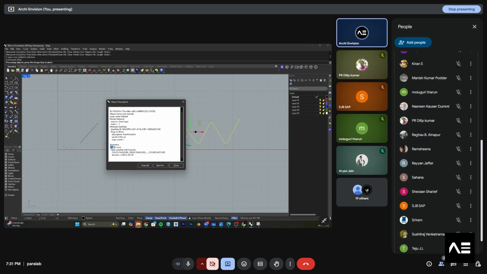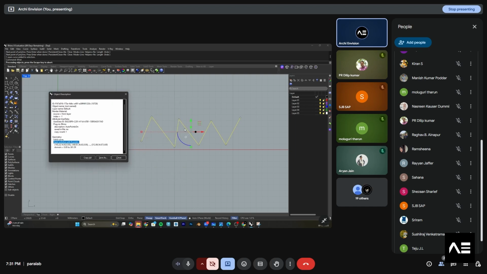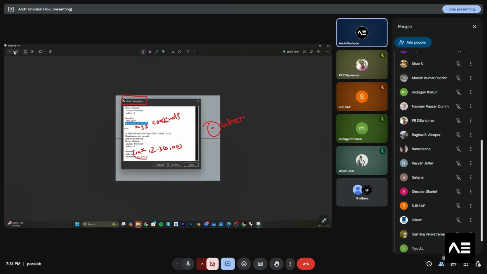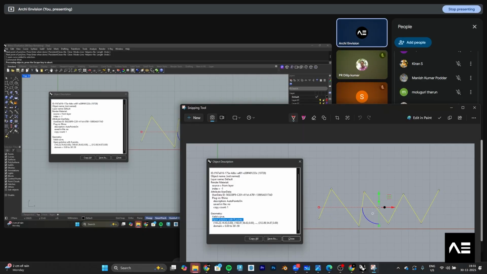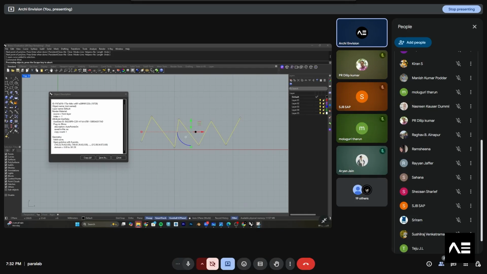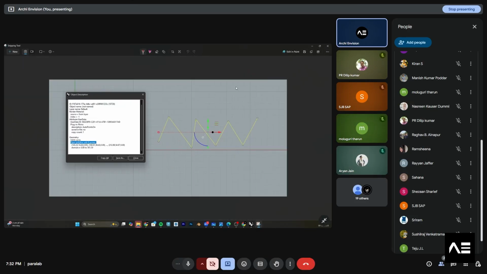It says one valid curve, one polyline with 8 points: 1, 2, 3, 4, 5, 6, 7, 8. It says one open polyline with 8 points. This is open, not closed.